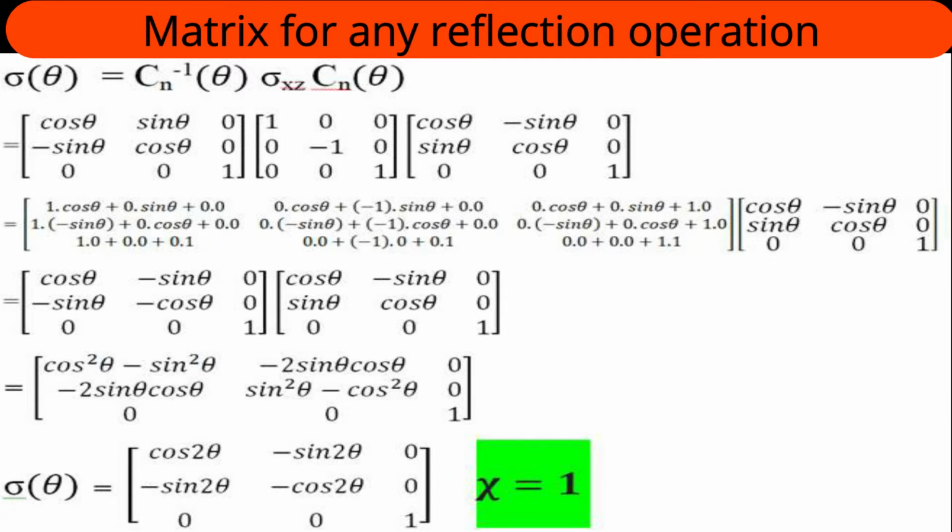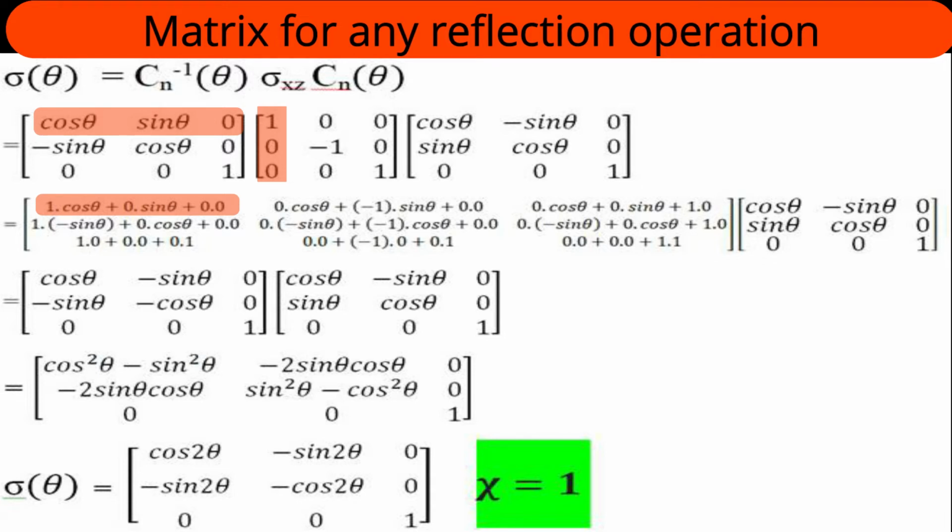Now let us perform the multiplication between the first two matrices. Let me consider the first row of the first matrix, cos theta sin theta 0, and the first column of the second matrix, 1 0 0. Multiplication between them and addition will result in only one element, A11 of the resultant matrix. That is 1 into cos theta plus 0 into sin theta plus 0, 0. That is the A11 element.